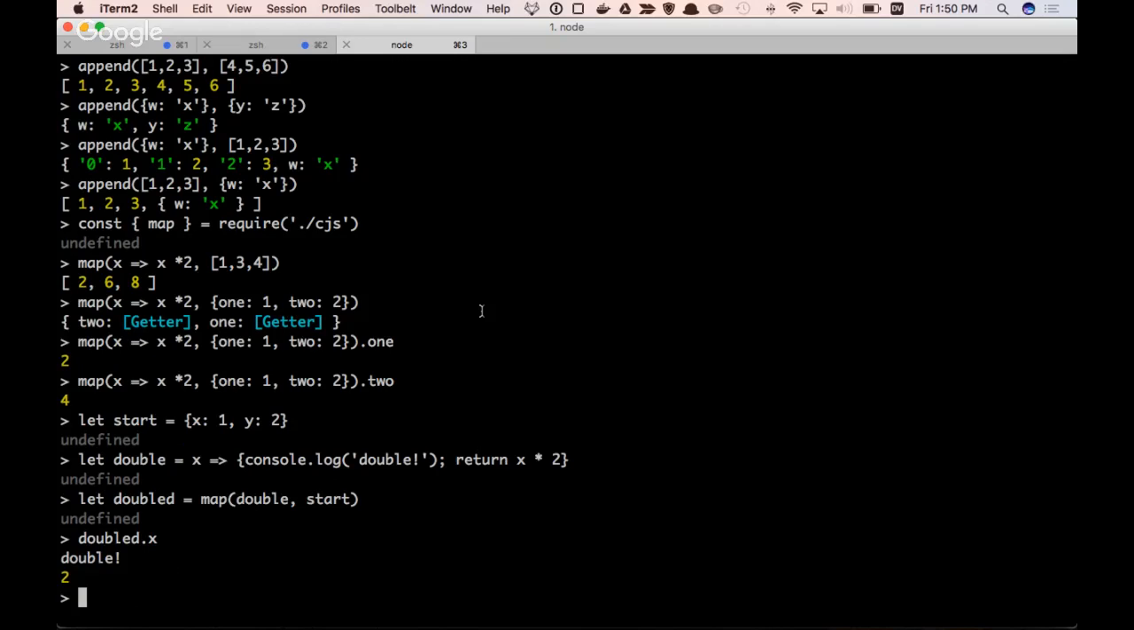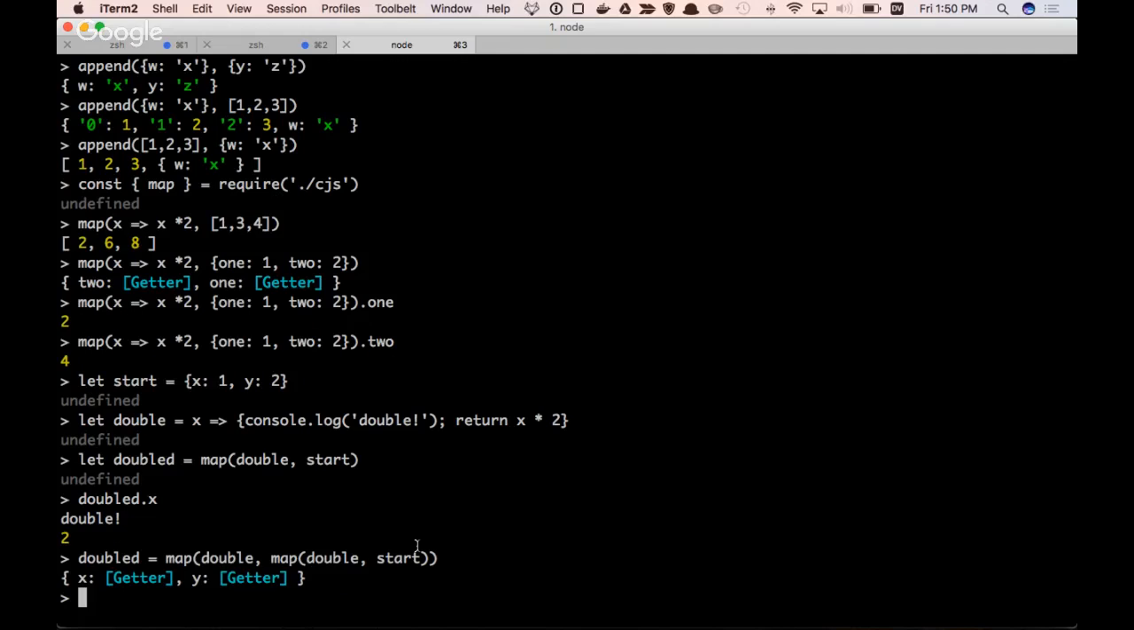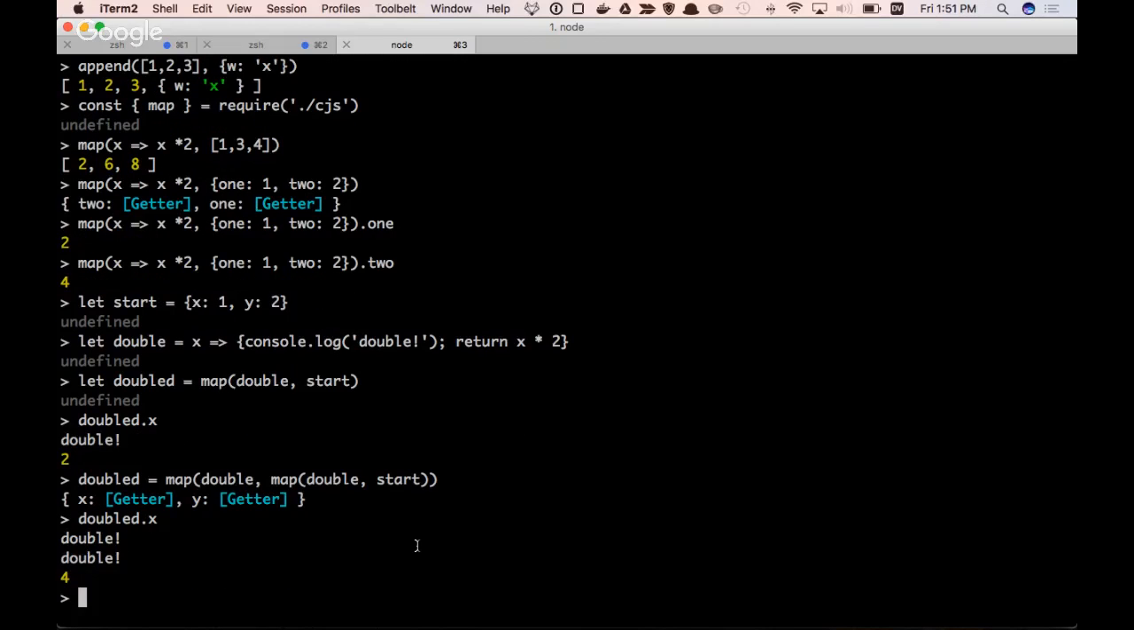And it actually carries through, so I can say, what if I double the double? Would it be a getter of getters? You're saying map double over doubled. So if I do it like this, a function double. So if I say doubled, yeah, it's super lazy. And I can take doubled,